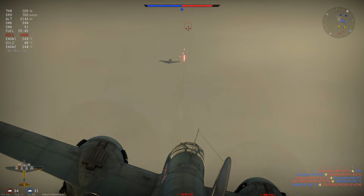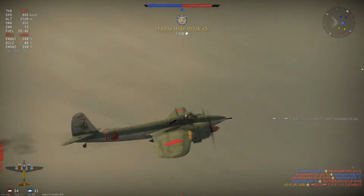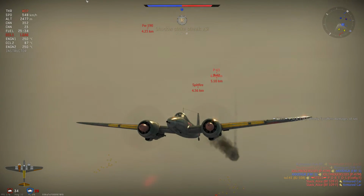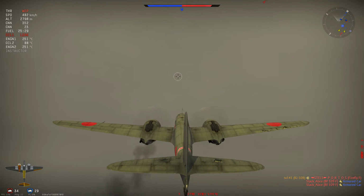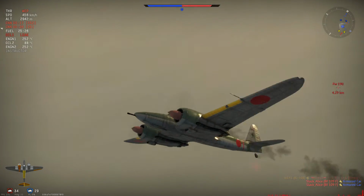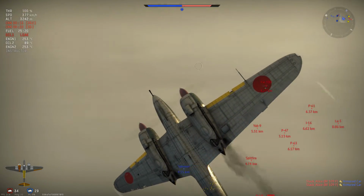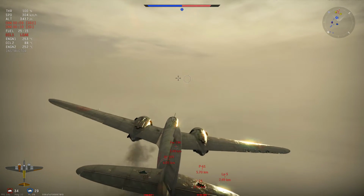Nonetheless, as we dive down on this Firefly, we can see that whilst we have poor durability, our guns are going to make short work of our opponent's durability. And that's where this plane is going to excel. It wants to surprise the climb in opposition when given the chance to get to altitude in the first instance. You'll have to be subversive in your playstyle. If you're not given the ability to get to higher altitudes and reign over your foes, unlike what you're seeing here, then what you've got to think about is, when can I attack my foe when they're least likely to